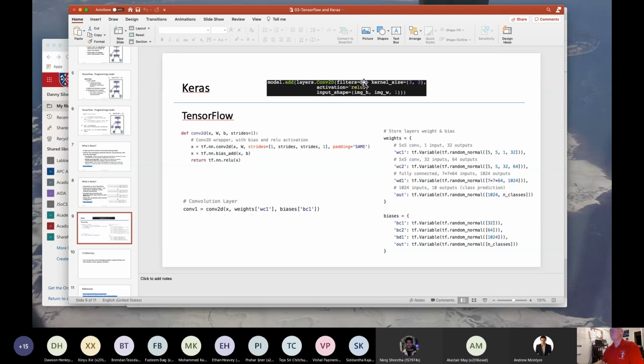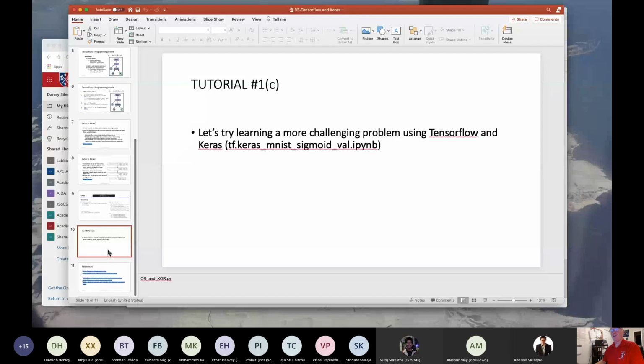We're going to find out what those mean. Each filter is 3x3 in size. It's going to use the ReLU activation function, and it's telling you the shape of the input, in this case images, coming into this part of the network. You'd have to do this in TensorFlow as the equivalent. And trust me, this is even easier than the code you were looking at with the back-propagation algorithm. So it really does simplify things a lot.